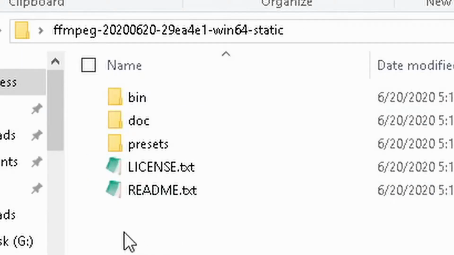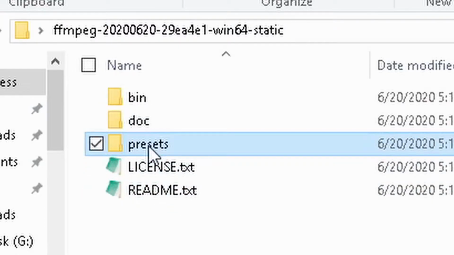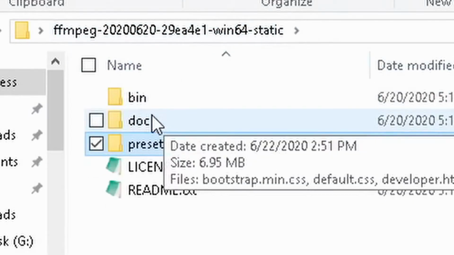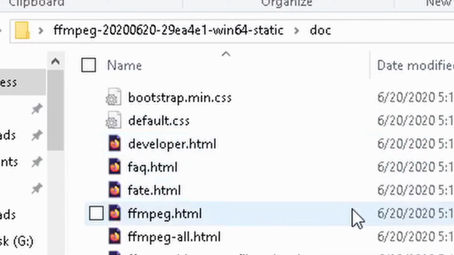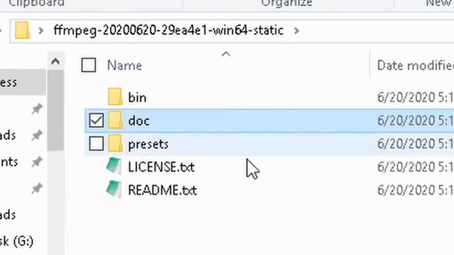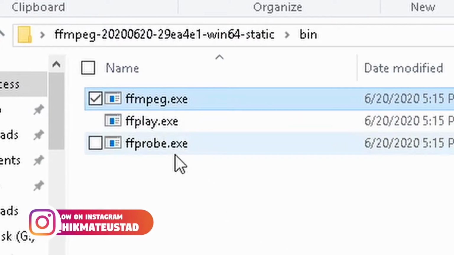We'll find 3 folders, 2 files. We don't care about the files. Let's see the presets folder. The presets folder consists of preset files, which we are not interested in right now. The doc folder contains the documentation, HTML and CSS files. What we are interested in right now is the bin folder, where it hosts the 3 executables, the FFmpeg, FFplay